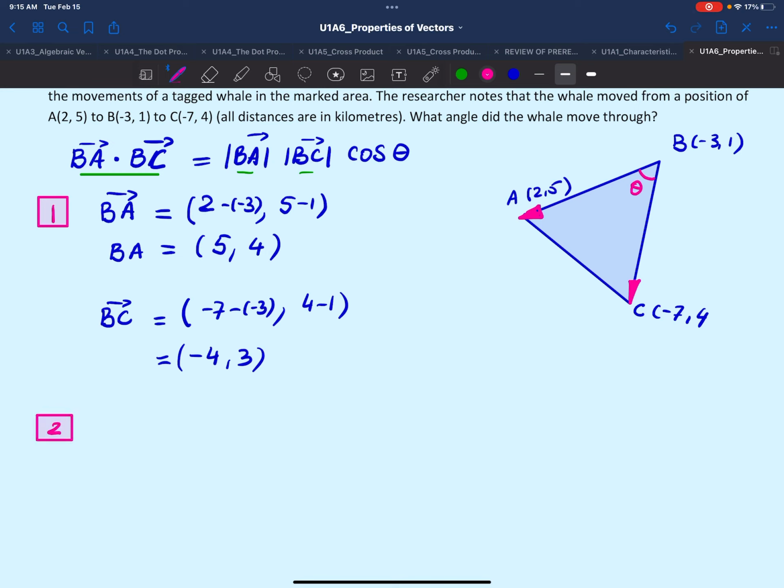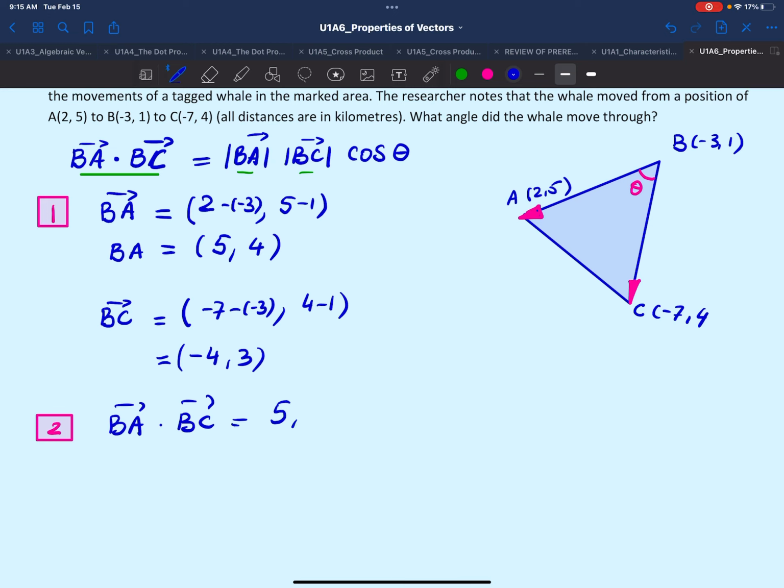That would be step number 2. Now the order of the steps at this point won't matter. But it's important we start off with finding vectors BA and BC, obviously. But now we can start with either the left or the right side. So BA dot BC